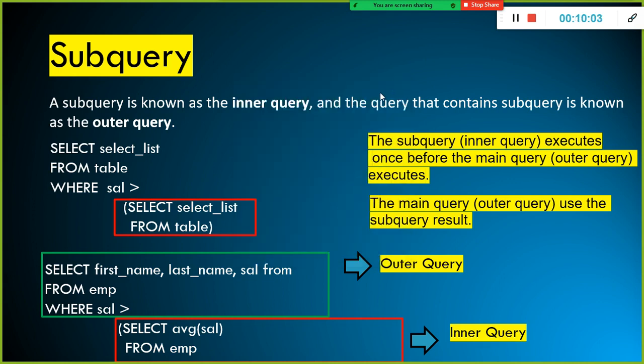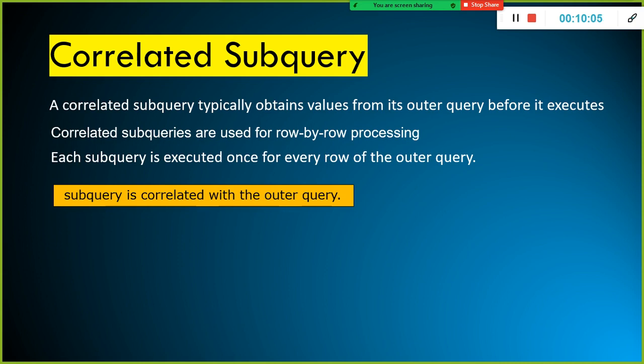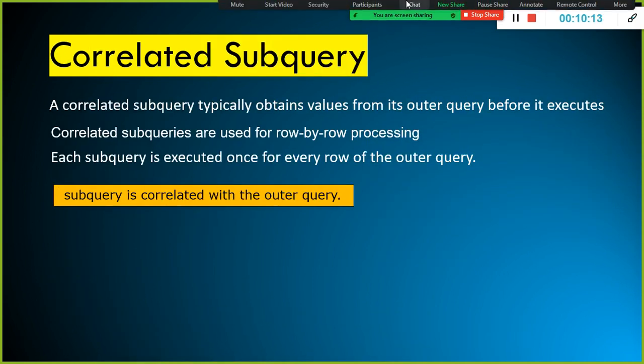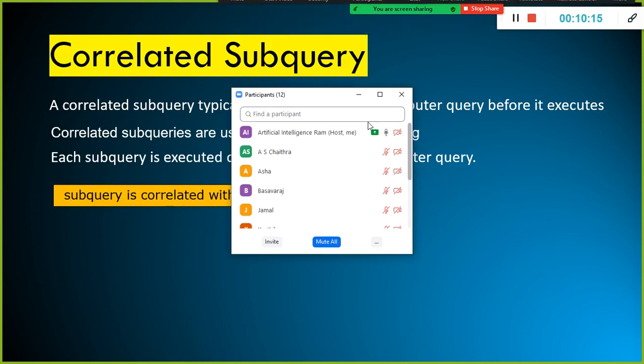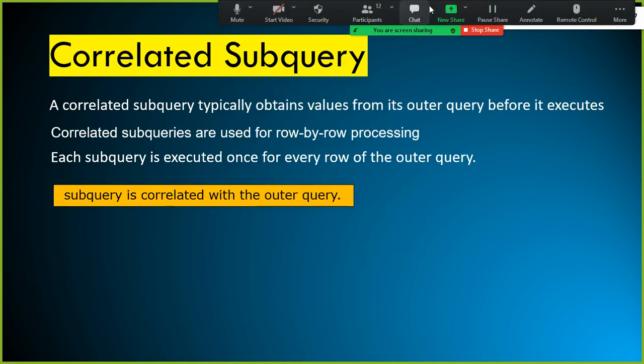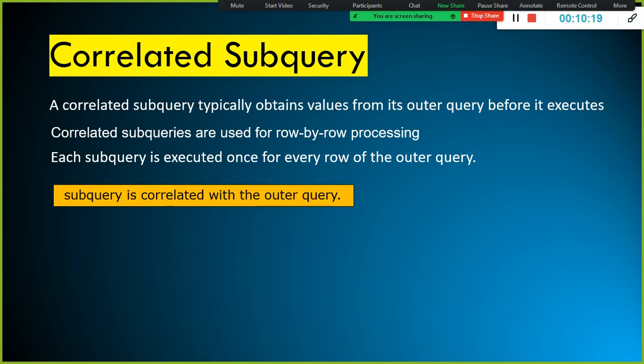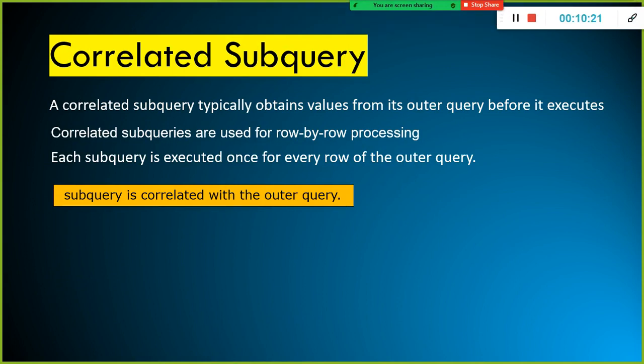Jamal, this is subquery, okay? What is correlated subquery? Non-correlated subquery, okay? You should be knowing that, okay? Correlated subquery and non-correlated subquery, okay? We did not discuss about this, because you should be knowing what is correlated and non-correlated. A correlated subquery depends on the value from the outer query, okay?